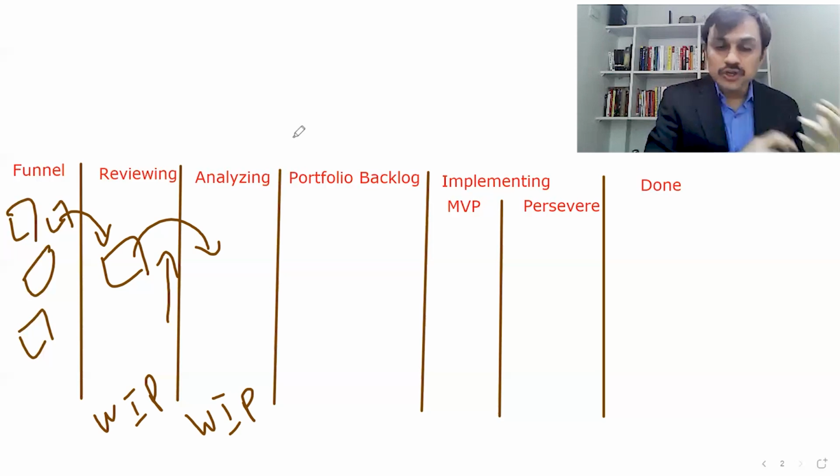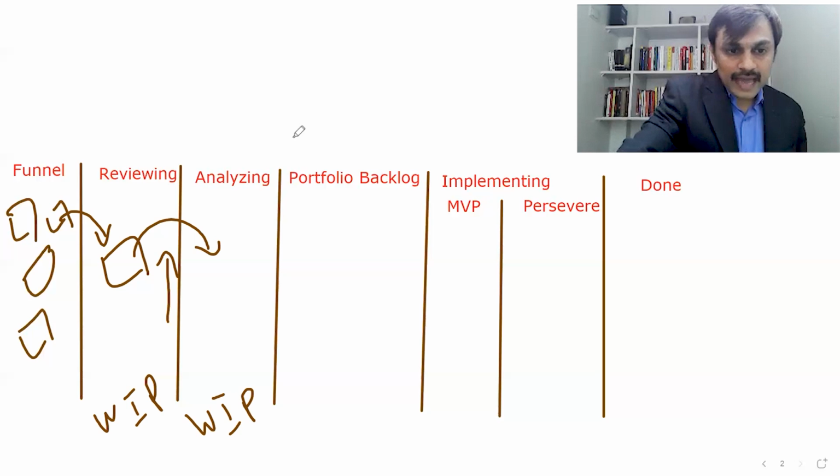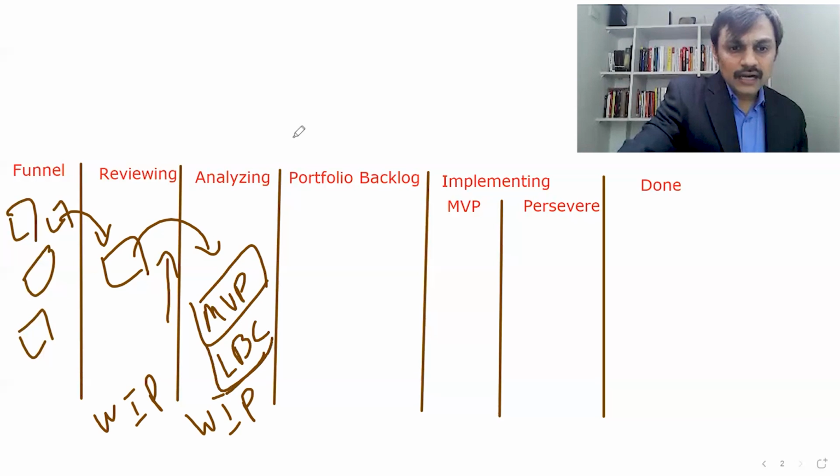Do we have an outsourcing option? Do we need to do everything in-house? So the solution alternative starts coming into the picture. The estimation gets further refined. And we also start adding 2 important things here, an MVP part in the epic and also something called a lean business case.